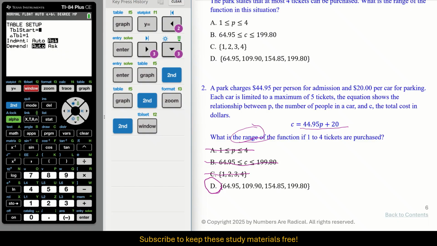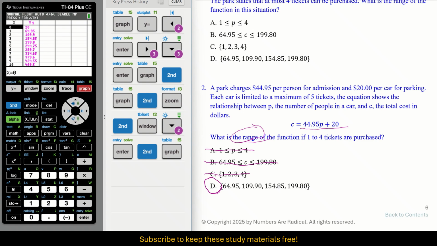Okay, well, my table starts at 0. It goes in steps of 1, like your TI-30 family and other TI calculators, but it's on ask. Okay, and remember the TI-30, if you watch that part of the video or the other videos, you know that it also has this, but only for the X. Okay, so I want to press auto. Okay, now let's go to second graph to go to my table. And there you go. We can verify for 1, 2, 3, and 4 the values of y, and that is